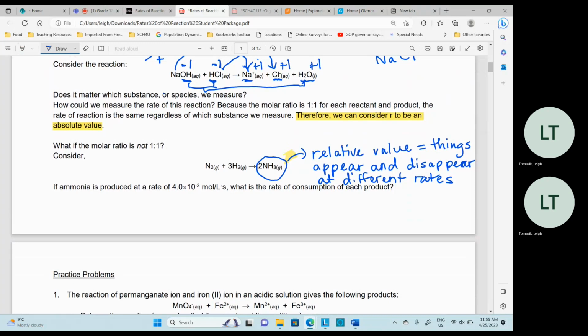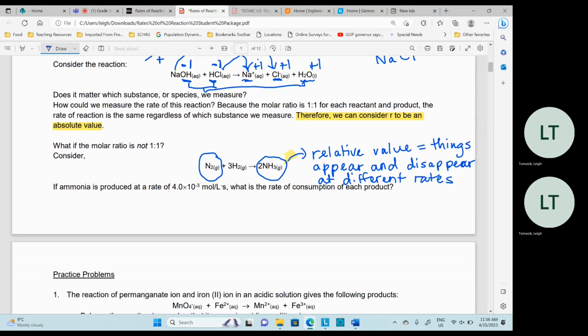Okay, and you can see that for every 2 ammonia that are made, only 1 nitrogen is used, right? So the rate at which nitrogen is used is only 1/2 of the rate that ammonia is produced,